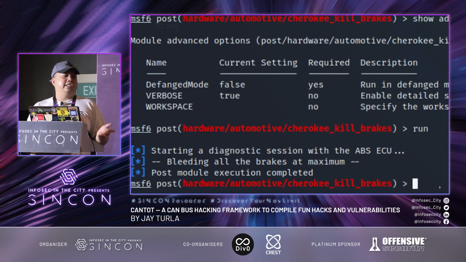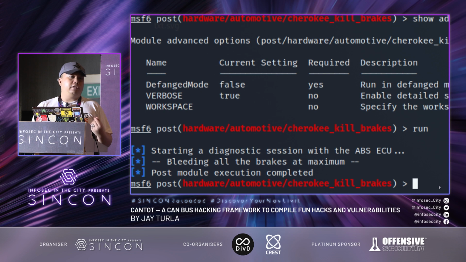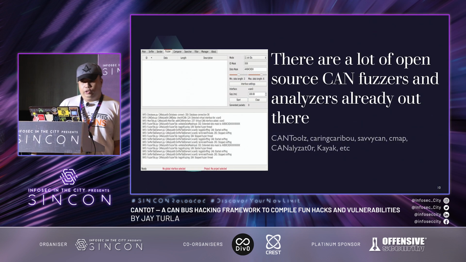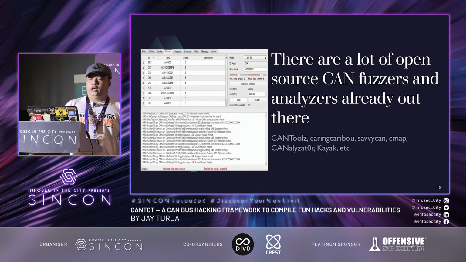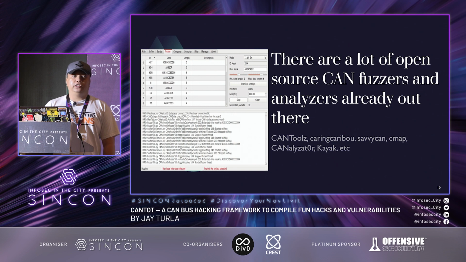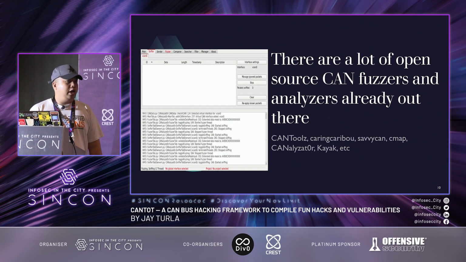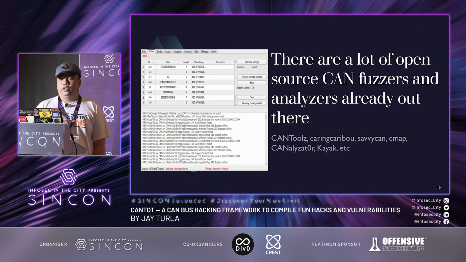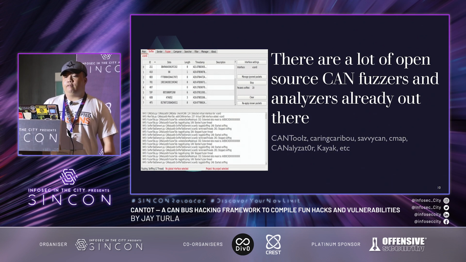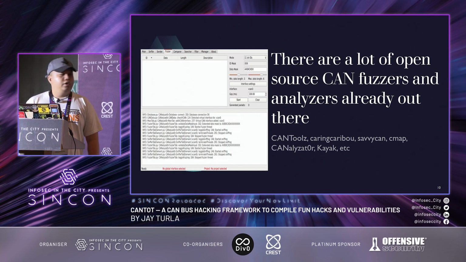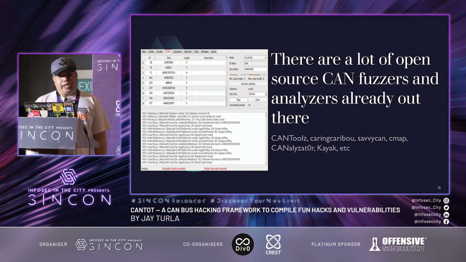The vulnerabilities that were explained there are mostly safety features because it endangers the passengers. So there are a lot of open source CAN fuzzers and analyzers already out there. There are a lot of tools already open source. We have CAN tools, we have caribou, we have SavvyCAN, we have CMAP, we have CAN Analyzator, and we have